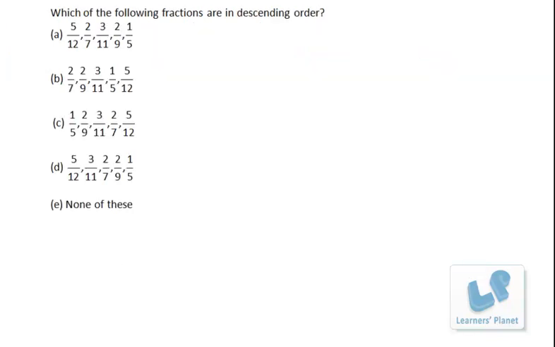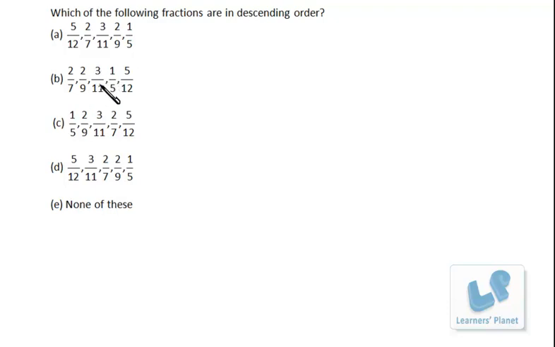Now let's see this question. Which of the following fractions are in descending order? That means the first fraction should be the largest, and the last one should be the smallest, right? Now we can see that all the fractions over here are proper fractions. Now you just cross multiply the fractions and eliminate the wrong options, right? Suppose I pick up any of them. Suppose I take this. So it's 2 by 9, it's 3 by 11. So if I cross multiply, it will be 22, 2 into 11, and it will be 27, that is 9